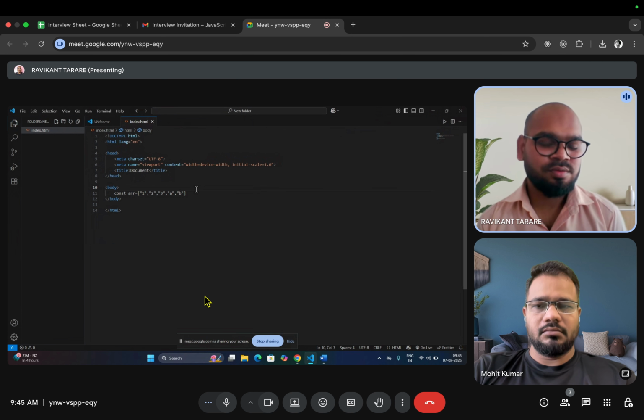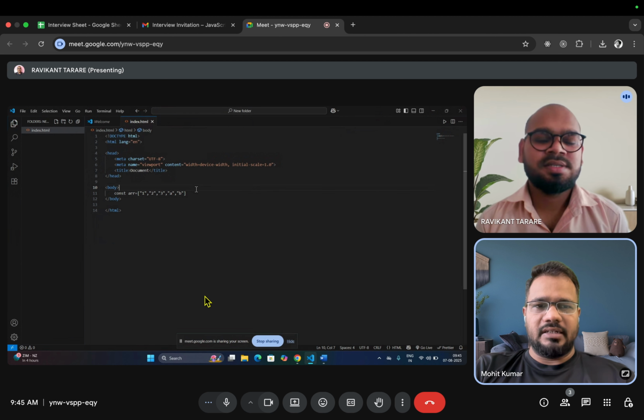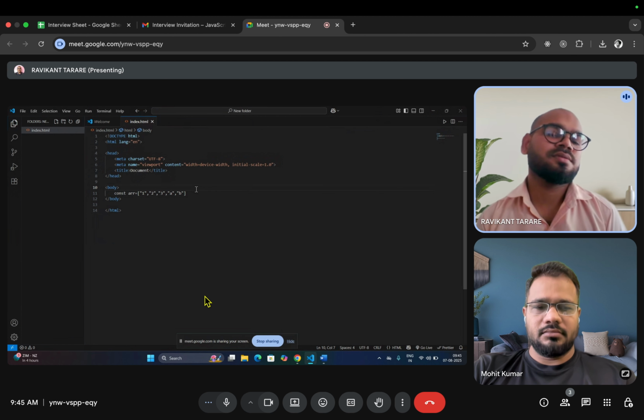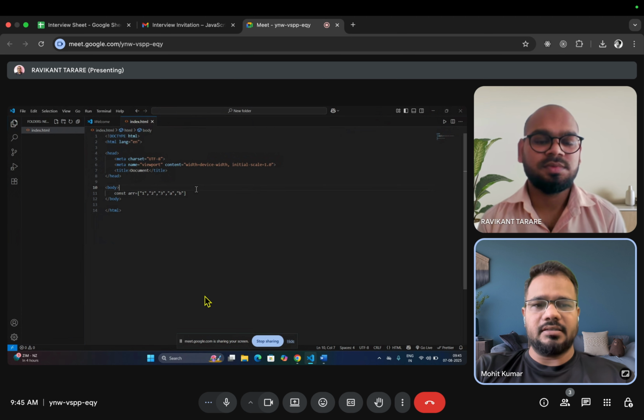Suppose we have 5 double equals '5' inside inverted commas, it will return true. But in case of triple equals, it will return false, as the types are different. Double equals uses type coercion, meaning it converts the types to the same if the types are different, and then it shows true or false. Yeah, that's correct.